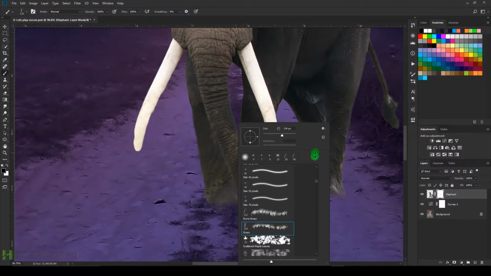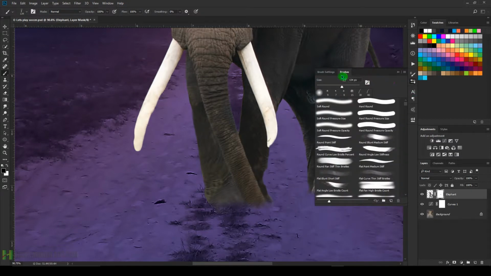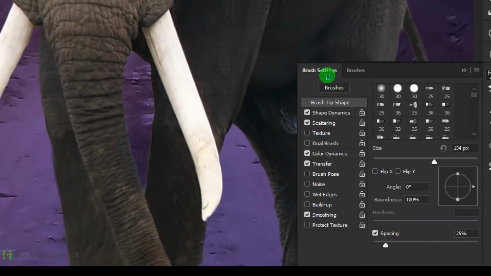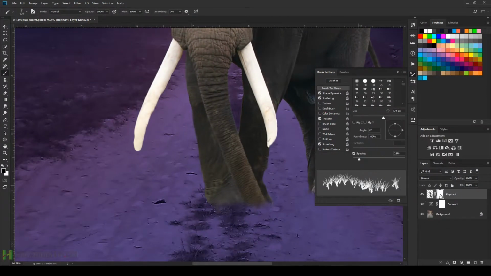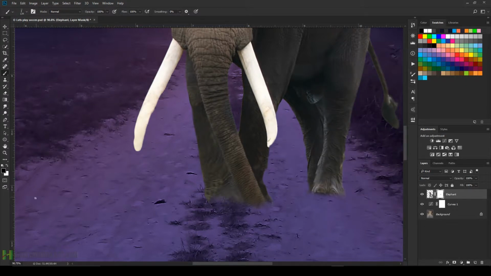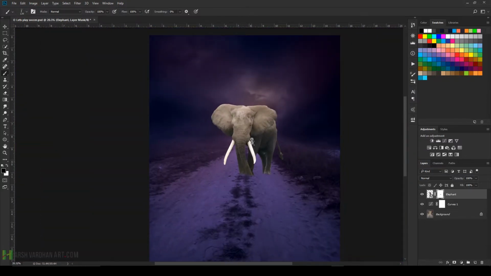And then we need to go to the brush settings, which is over here. If it is not shown over here, go to Window and select Brushes and Settings. In settings, make sure you uncheck the color dynamics. Select the layer mask and with the black color, start painting over here. And it's going to create a grass-like mask, and it would appear that it is actually standing over there, and